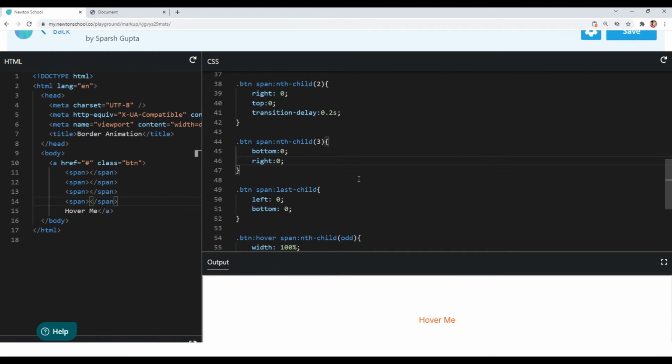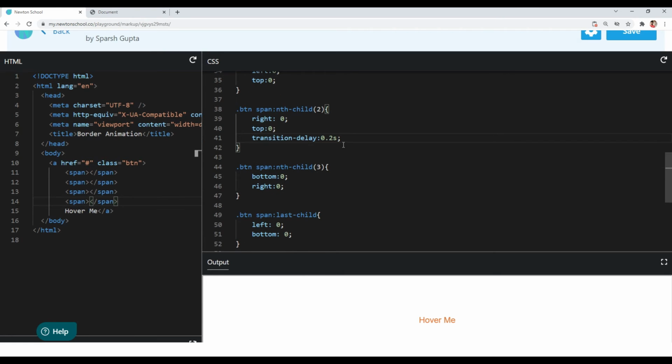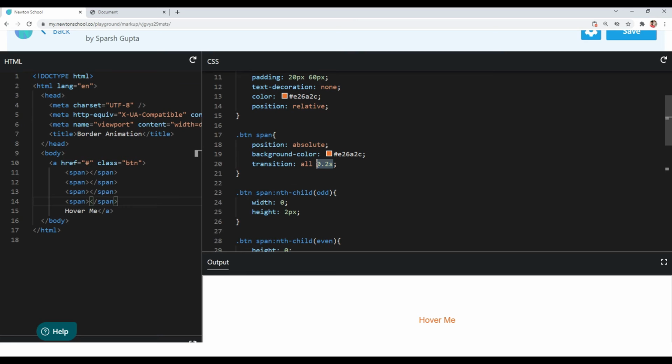Similarly we have to do it in the third child. We have to start the animation of our third child when the second child's animation gets finished. We have a transition delay of 0.2 second on our second child, so the animation of our second child will start after 0.2 seconds and it will run for 0.2 seconds.